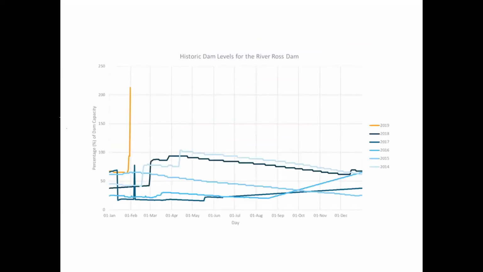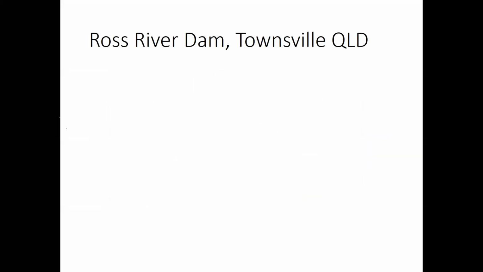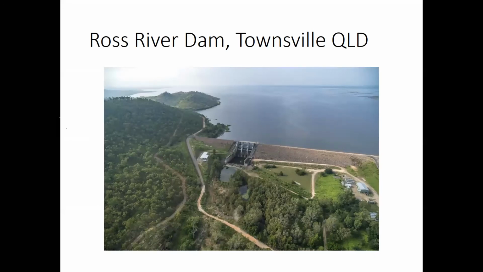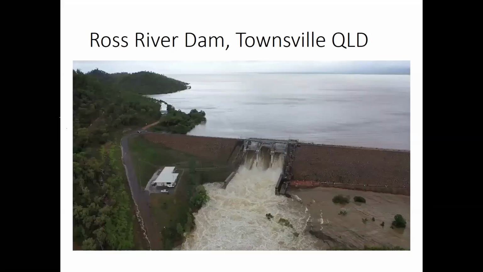You can see in this graph, the orange line shows the monitoring of the reservoir level behind the dam, and that went up to, in the end, over 250% capacity, so it was at risk of a major technological hazard and dam breach. This is what the Ross River Dam should look like under normal circumstances, and this is what happened in 2019. Emergency planners had to make the difficult decision to rapidly release large volumes of water to stop the dam suddenly failing. As a consequence, that caused major flooding in Townsville.